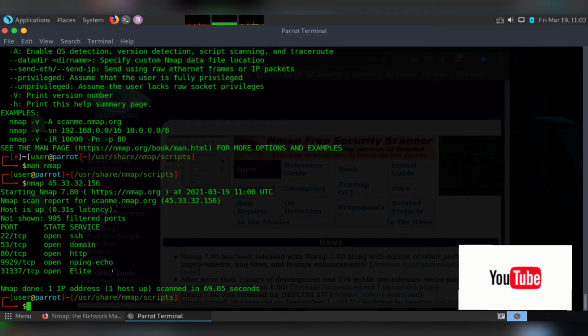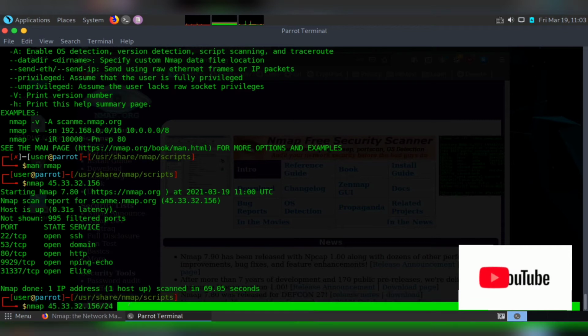Some of you get confused about what the use of this port scanning mechanism is. The next thing I will be telling you is how you can scan the whole subnet. I have scanned only a single IP address, that is 156. If you want to scan the whole network, then you simply have to write /24, which will scan all 256 IP addresses present in that network, which means whole network scanning. It will take a lot of time, it can take up to half an hour, or 15 to 20 minutes if there are not many hosts in your network. It depends on the number of hosts in your network.